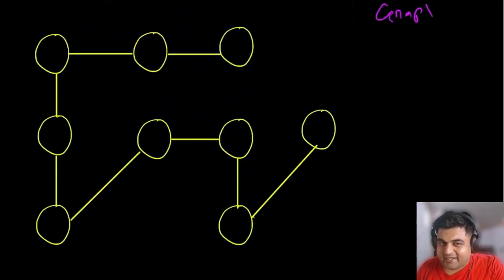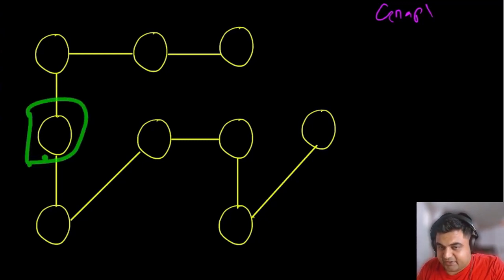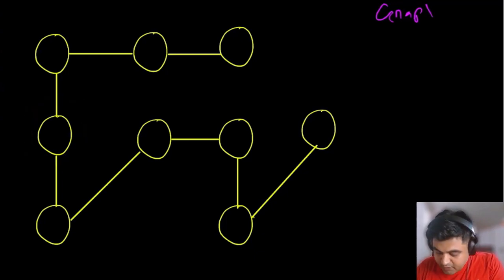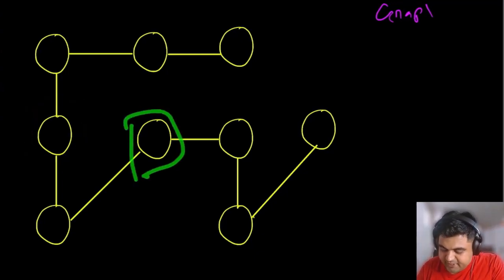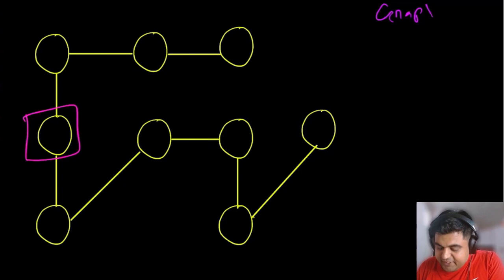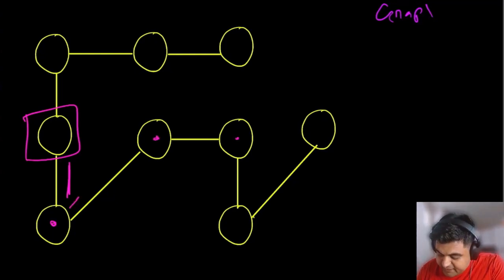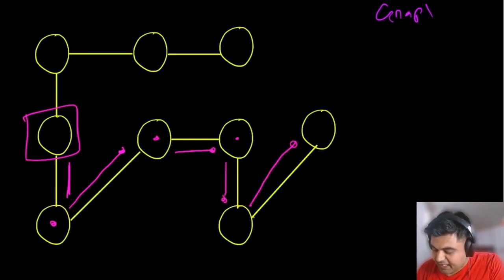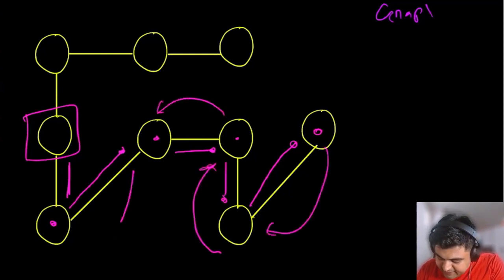So this is just a random graph I drew, and even in the graph we can start from any point. Typically in a tree we will start from the root node, but that is not the case in a graph. We can start from here, or here, or any other node. So say for example we start from this node and we go in one direction. Suppose we pick this neighbor, then again we keep track of all the neighbors that we are visiting, and we keep going until we run out of all the neighbors that exist in that path. Once we run out of neighbors, we backtrack, keep coming back, and eventually we come back to the same position where we started.